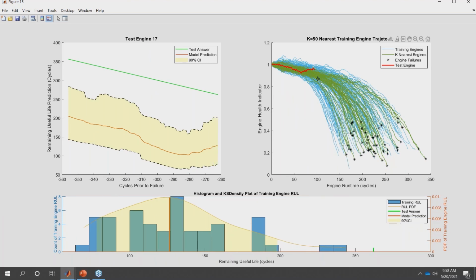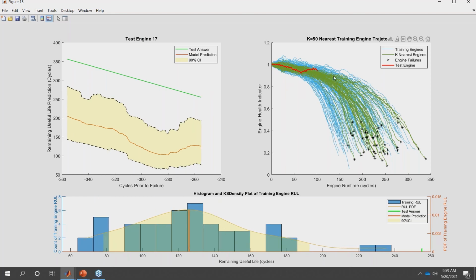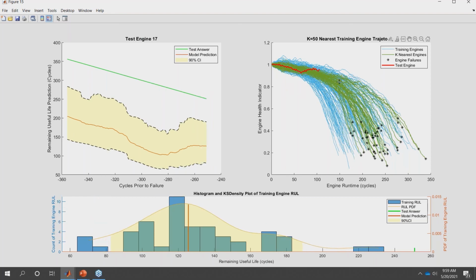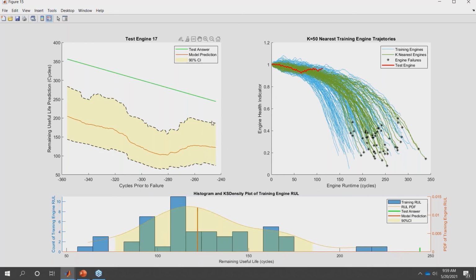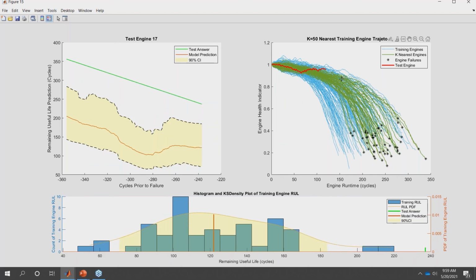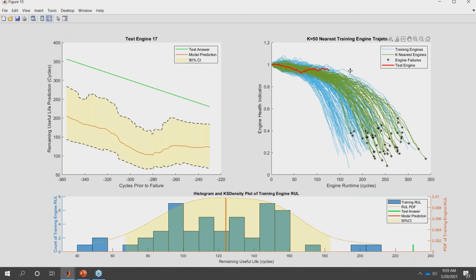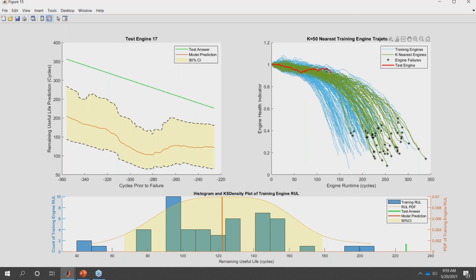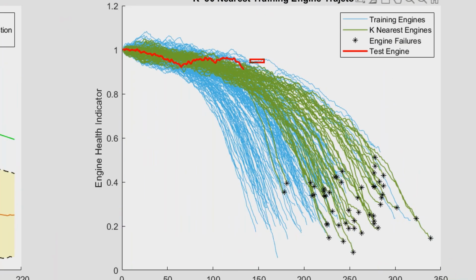Now, the model's responded, right? It's changing the green ones up to those ones up top, because now those are a bit more representative of it. So we're getting a little closer in our estimate, but still not quite right. And this continues to evolve. If we kept watching this, it would go out up and to the right, over here.